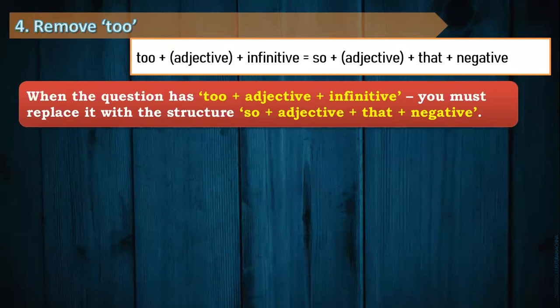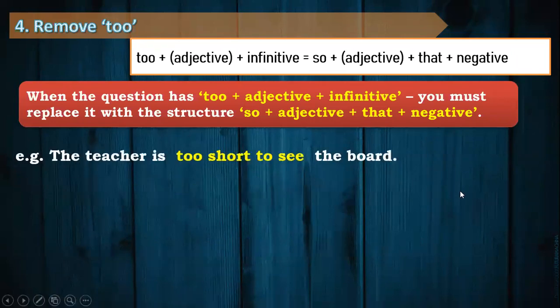If you read it aloud and repetitively, you will have a clear idea of how this concept works. You only need to keep memorizing this once or twice, and it will be easier for you to refer. For example, let's say we have this sentence: the teacher is too short to see the board. How unlucky the teacher is. In this case, if I focus on the shortcut to add in, so add that ni,